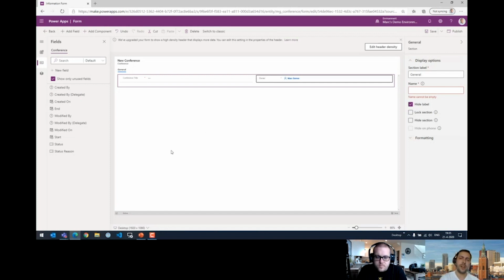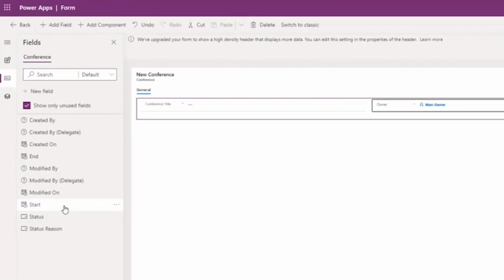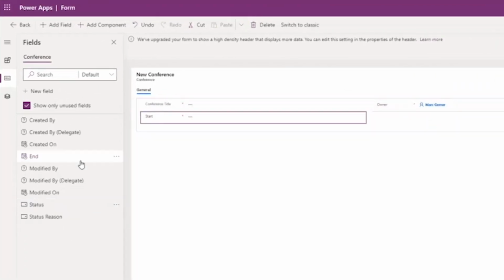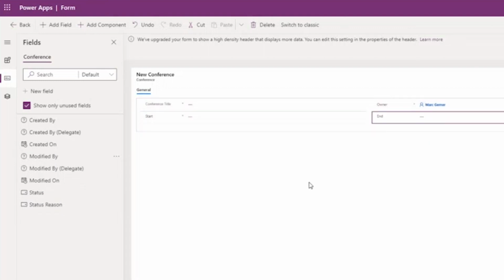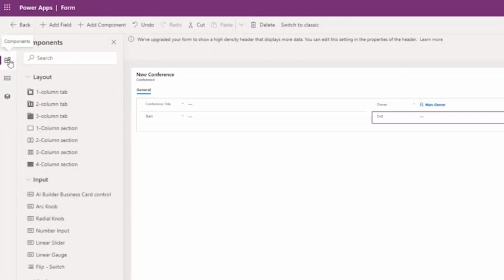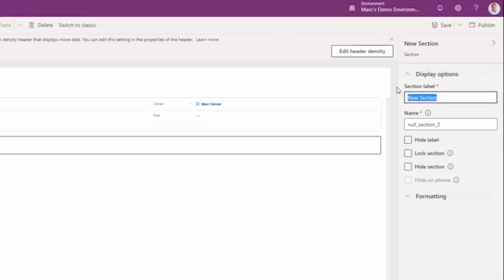I've got a conference title on the form. I've got an owner on the form. Now let's create the start field and the end field. I just drag and drop them on the form. So that is really cool. And now I want to have a new section below this information with my attendees. So let me go to the components tab on the left, and I've got sections and tabs. Now I could do a new tab, but in this case, I'll just do a 1 column section on the bottom of this. I give the section a name,